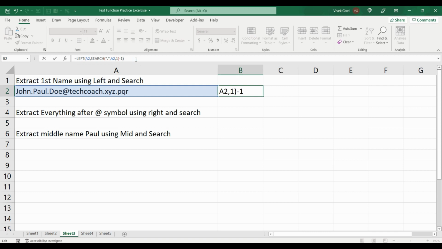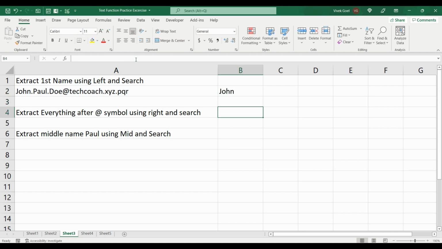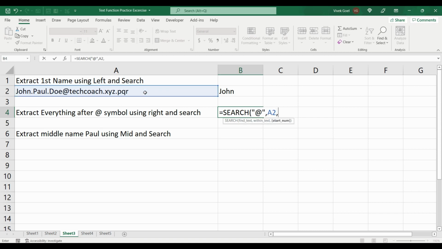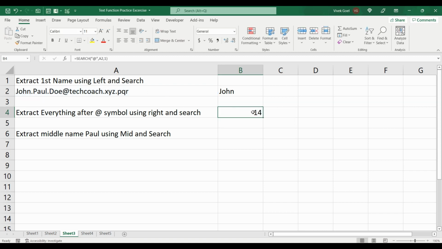For the next question, we have to extract everything that comes after @ using the right and search function. And for that, we will first get the position of @ symbol using search. We will write search @. This will be our string and we will start our search with 1 and we get 14.